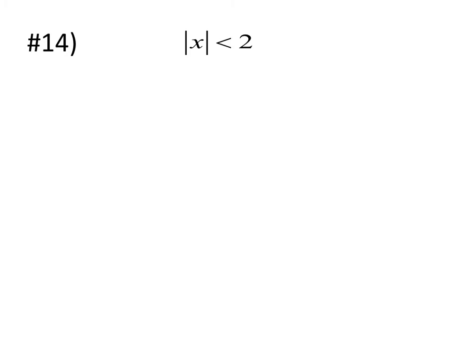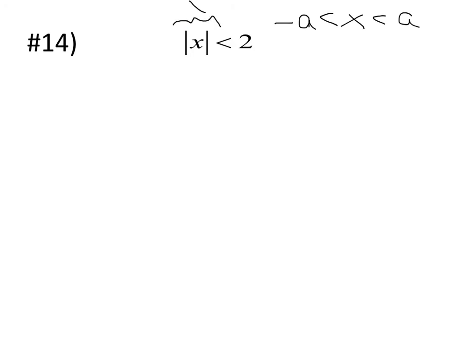Alright. Okay, so you have the absolute value is less than 2. So the first thing you need to figure out is, is my absolute value isolated? It is. It's completely by itself over here. So then you need to ask yourself, is it a less than or is it a greater than? The but is towards the absolute value, since the absolute value is in the front. So it is a less than. So I need to use the formula for less than, which is negative a is less than x, which is less than a,